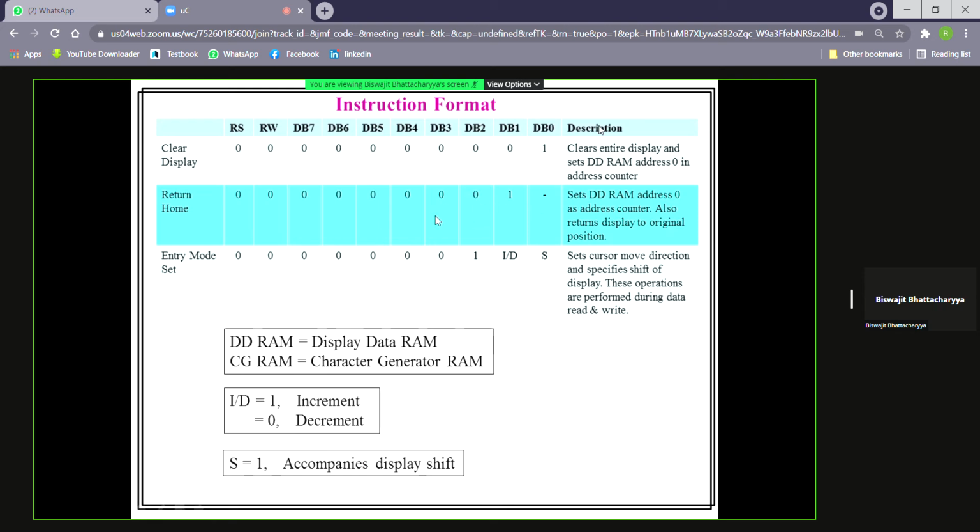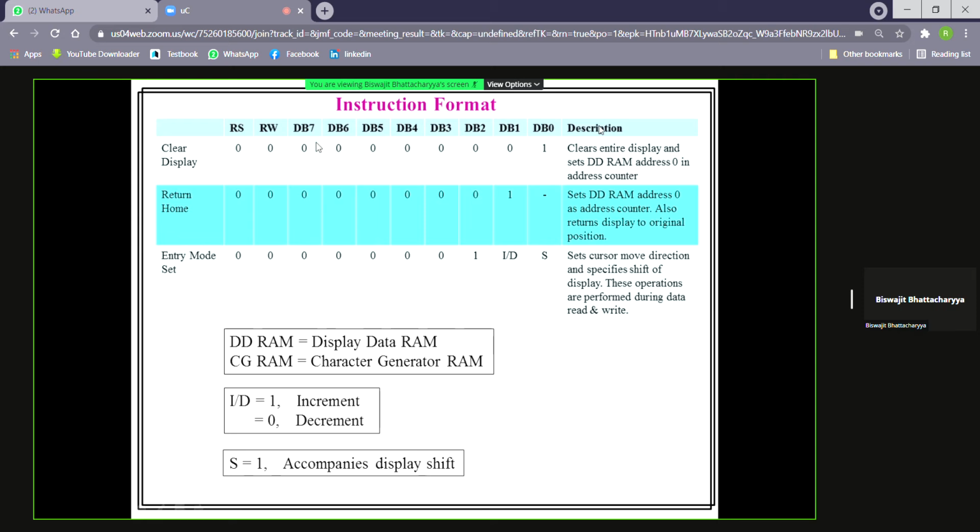First DB0 through DB3, the first 4 bits, then DB4 to DB7. So these total 8 bits will go in two steps when we use a 4-bit bus.